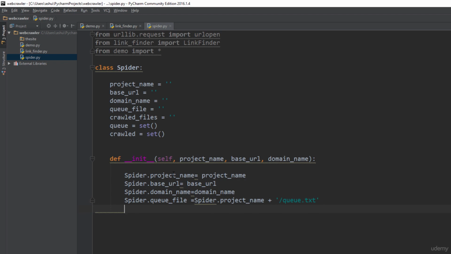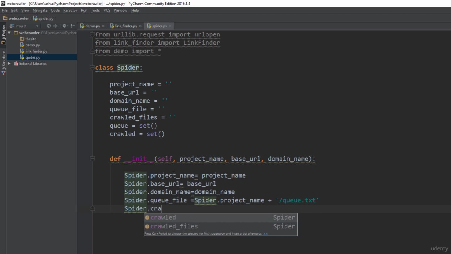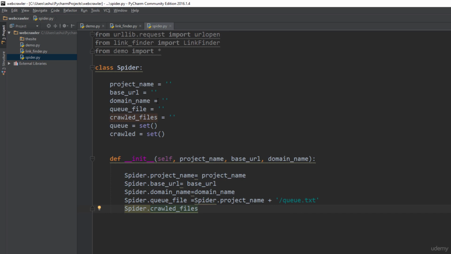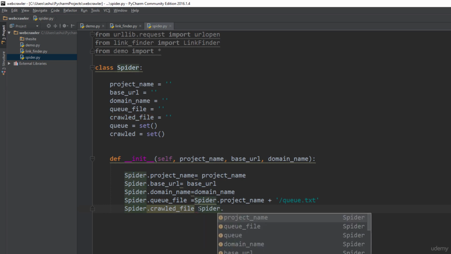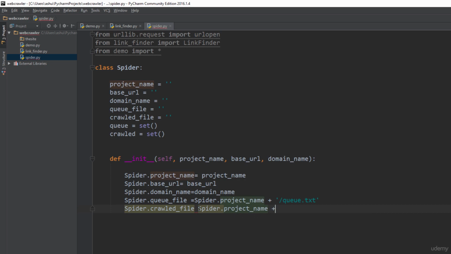Then let's do the same thing with the crawl file as well. So that is going to be spider dot crawl files, and this should actually be crawl file, not crawl files. So make sure that you make the relevant changes, and this is going to be equal to spider dot project name plus, and you are going to have slash